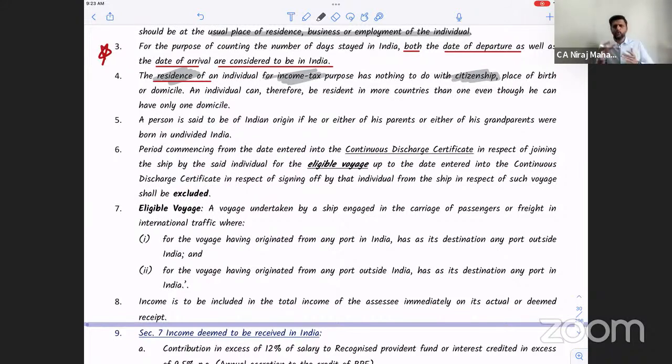Anyways, so basically I hope you're understanding. This chapter is about coming and going outside of India, at least for individuals. Clear? Should we go ahead? And it has nothing to do with citizenship. Normally speaking,